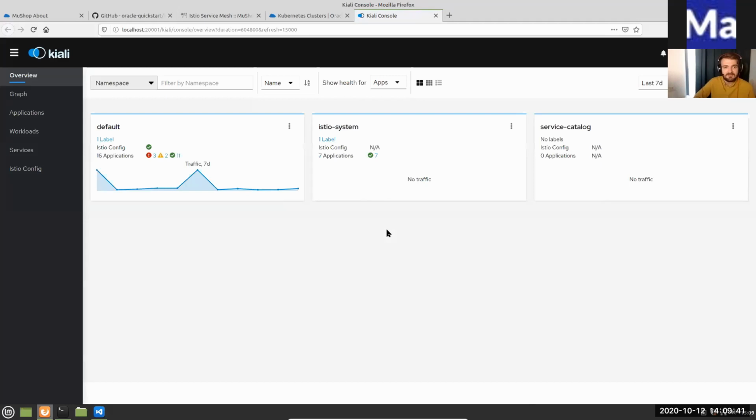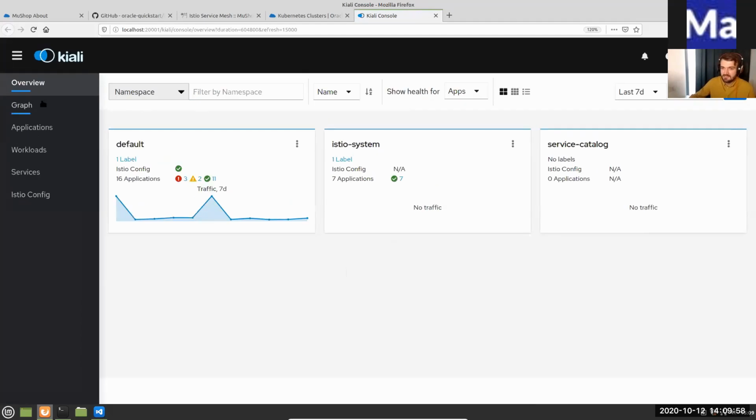You can basically, before deploying the new shop, use Istio in order to have your service mesh up and running. And this is what you're going to see. This is Kiali. This is a dashboard for Istio. And let's take a look, because I think this is very, very interesting. Let's take a look at the graph.